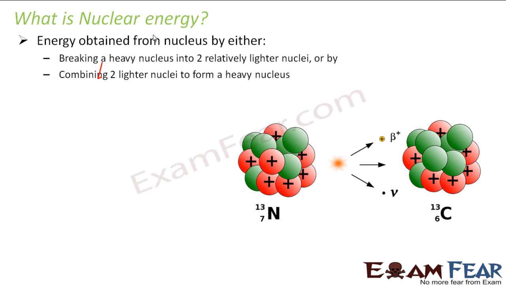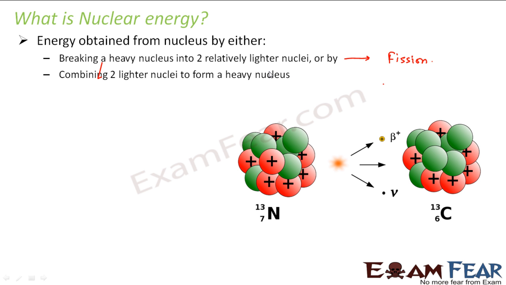If you remember in one of our previous slides when we were talking about the binding energy per nucleon, there was a graph plotted for binding energy per nucleon versus the mass number of the element. So what did we see there? We saw that nuclei with very high mass numbers are relatively unstable, and therefore in order to become stable they split into relatively lighter nuclei. We saw there that a large amount of energy was also released. The same thing is happening here, and this is known as fission. So we introduced it in that slide itself, right?